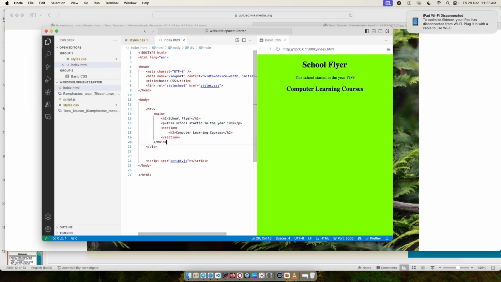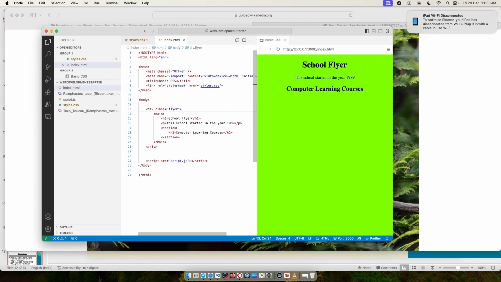And there you go. So what we'll do here is what is called a selector. For that, I'm going to put this div inside a class. Now I'm going to attach a class to this. I'm going to say class equals, and I'm going to call this class flyer.